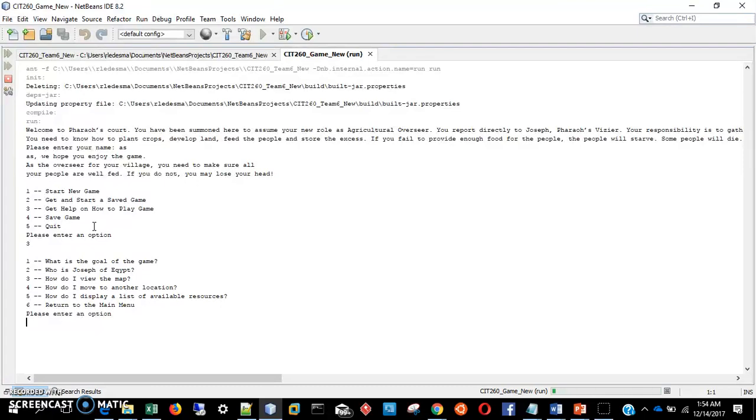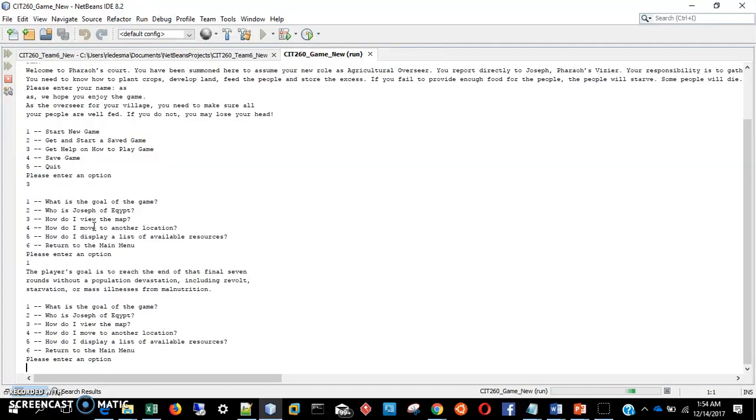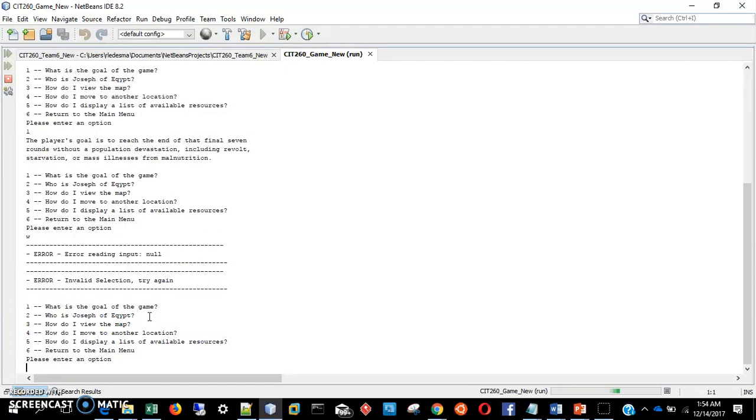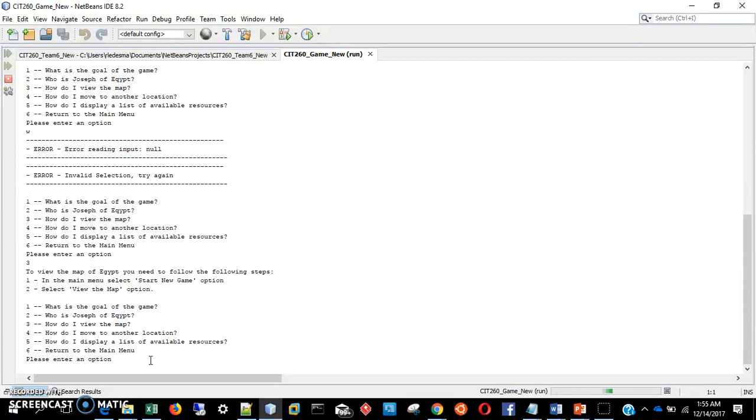It says what's the goal of the game. It says the goal here, and we can see most of the things. For example, we can see how to view the map of the game. It throws us an error because we used letters instead of numbers, and it says that it's about selections. Okay, I'm going to select 3, and it says how to do this. So I'm going to return to our game,